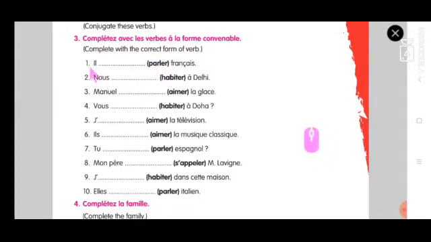The subject is il. The verb is parler, and français is the object. So subject, verb, object. So far what we have learnt is subject and verb. Now we are accompanying the object. So now we are going to learn a complete sentence. First is subject, second is verb. Now we have to identify what verb it is. Parler. So just now we learned parler, right? So what was the ending of this parler verb?